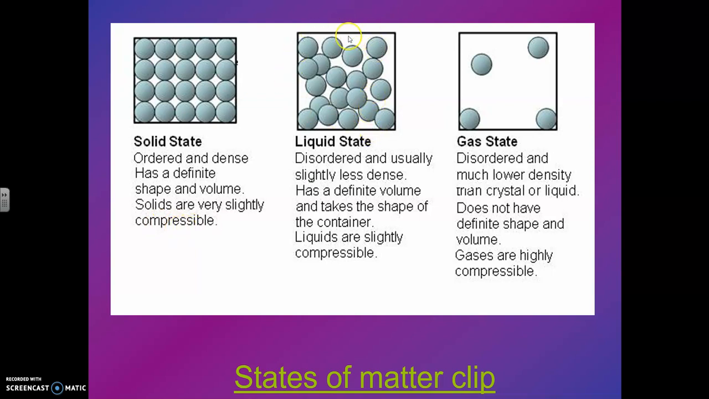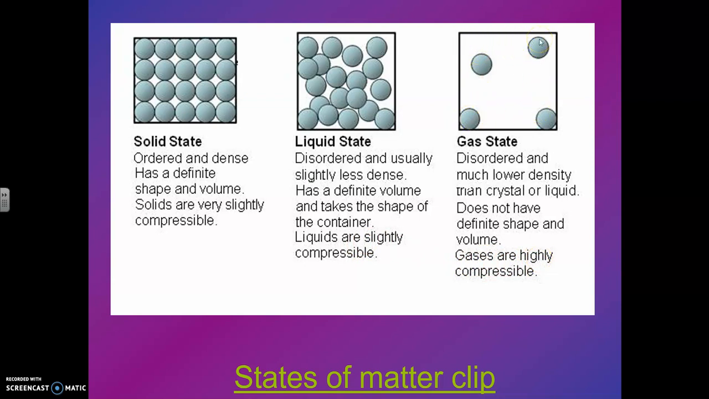In the liquid state, notice we've lost that organization. Now they're still touching, so they're disordered and usually slightly less dense because we could squish these together to make them be a little bit more compact. It has a definite volume, okay? It's going to form to the shape of the container, but they're not necessarily going to spread out. So if I took away these top ones, it would stay on the bottom. Okay, these particles wouldn't move upwards. Liquids are slightly compressible. They're not as compressible as gases, however,